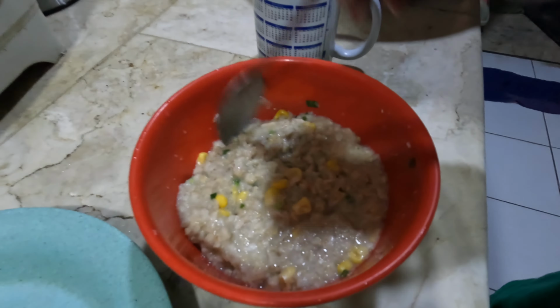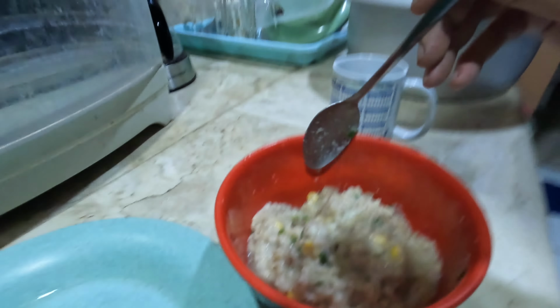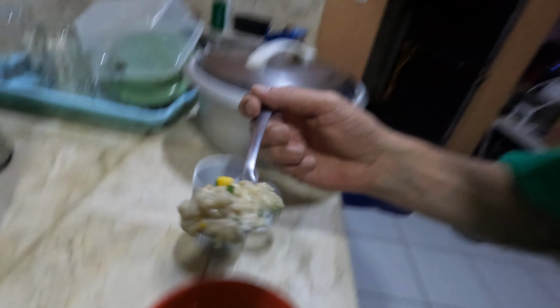So right away, it looks good, right? So I was really happy with the texture. I mean, it came back straight solid as oatmeal. The pepper, obviously, and the salt made a huge difference. I could definitely taste the corn and the chicken, and a lot of the chicken kind of got blended in as I stirred it all up because it was just packaged chicken. But there were chunks of chicken in there, and it rehydrated fine. The corn actually came out really good. I was surprised how good the corn rehydrated. And overall, I was really happy with this